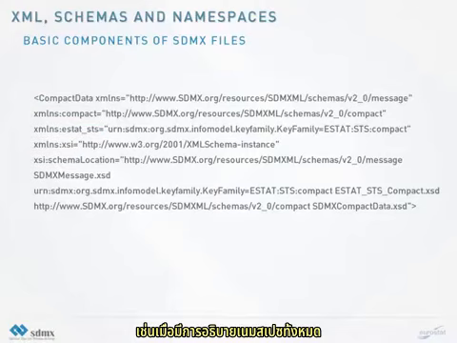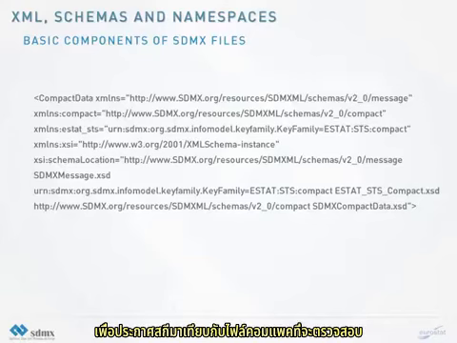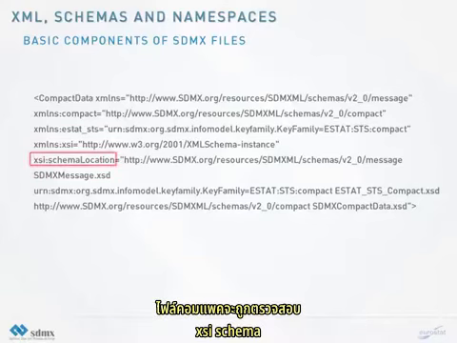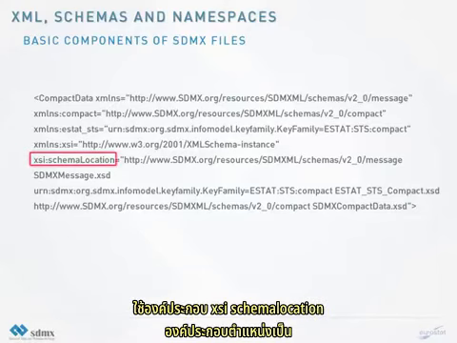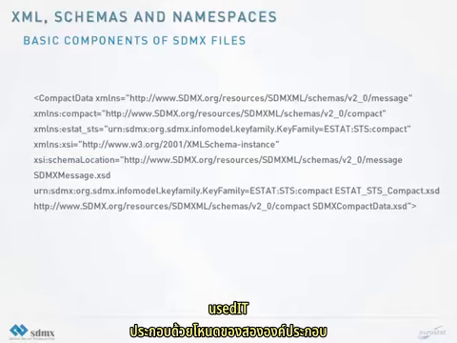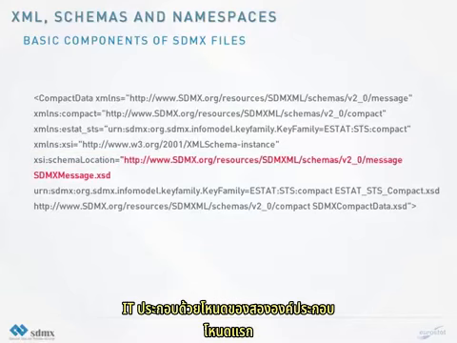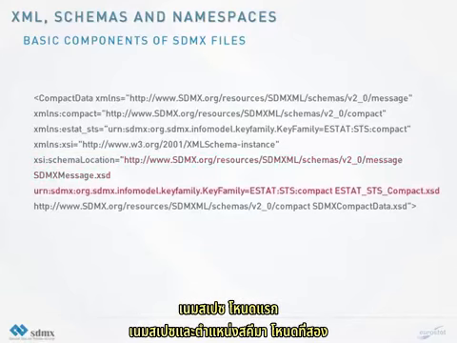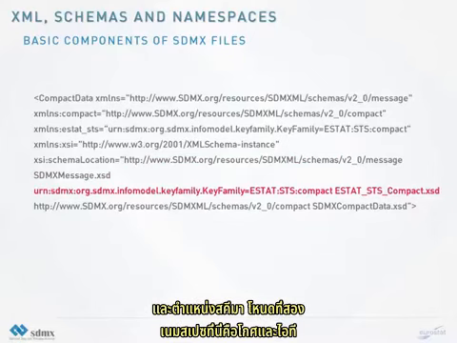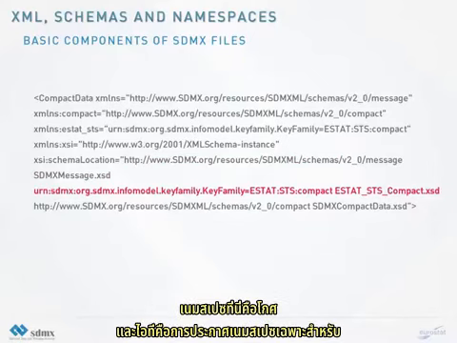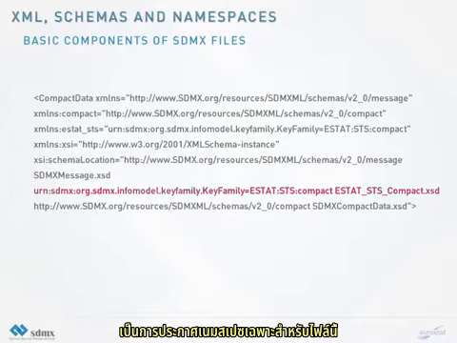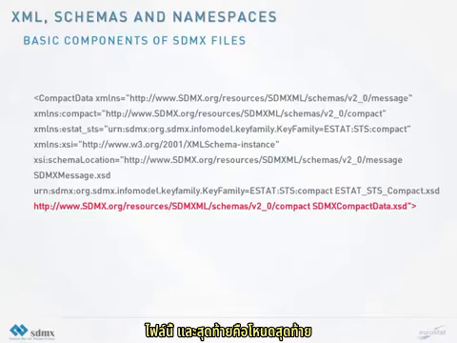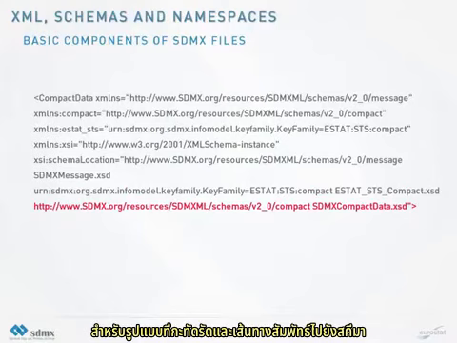Once all the namespaces are described, to declare the schemas against which the compact file will be validated, the XSI schema location element is used. It is composed of nodes of 2 elements. The first node, the namespace and the schema location. The second node, the namespace here is a URN, and it is a unique namespace declaration for this file. And finally, the last node, with the declaration of the namespace for compact format and the relative path to the